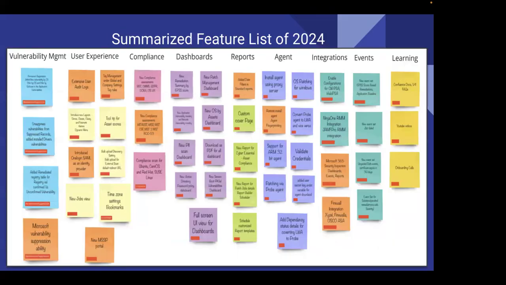So just to summarize, the feature set which we got out under 2024, these are a few main features that we've got out. For example, for the compliance terms, we added CMMC, DORA, GDPR, NIST. Then we added compliance scan support for Ubuntu, CentOS, Red Hat. Talking about different integrations, we got integrations such as NinjaOne RMM, JAMF Pro, definitely Microsoft 365 Security Inspector, and firewall integrations such as Zyxel Firewall, then Cisco SA, right? These were all added. The event set has been enhanced to add new events based on EPSS